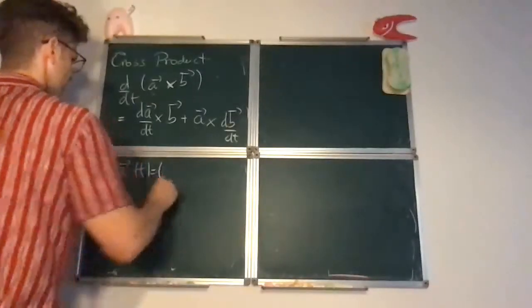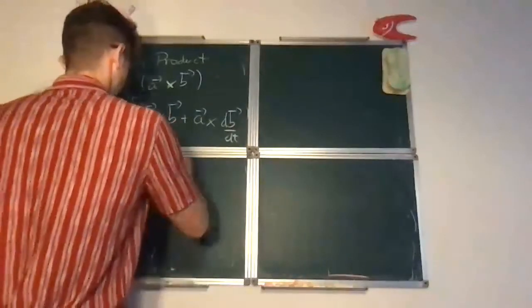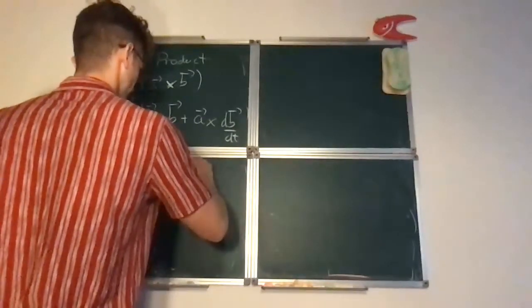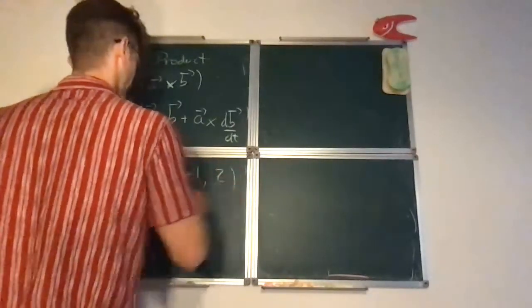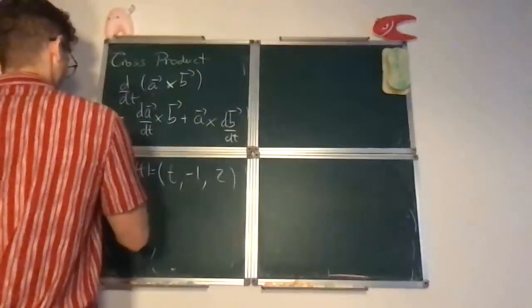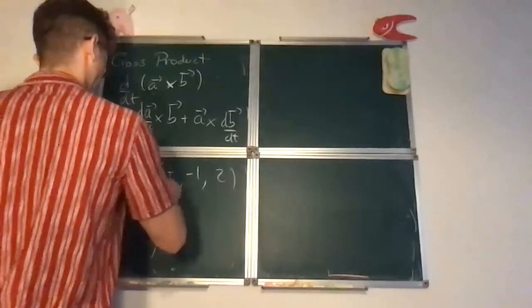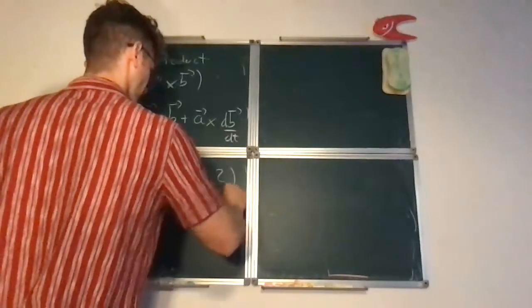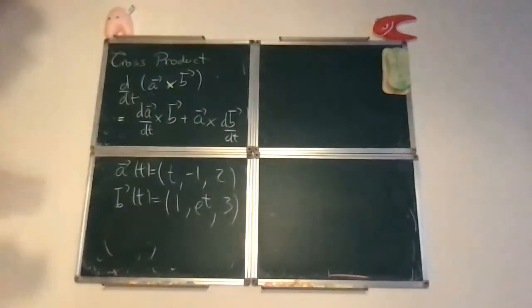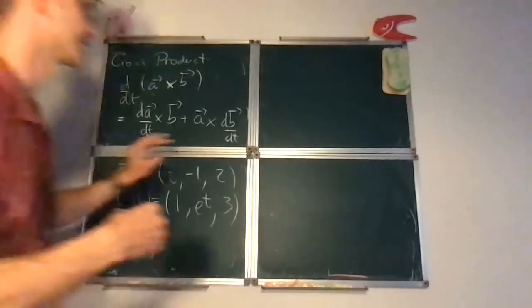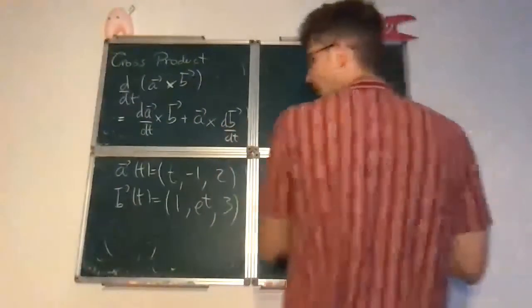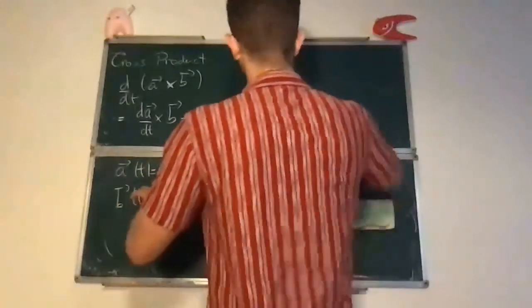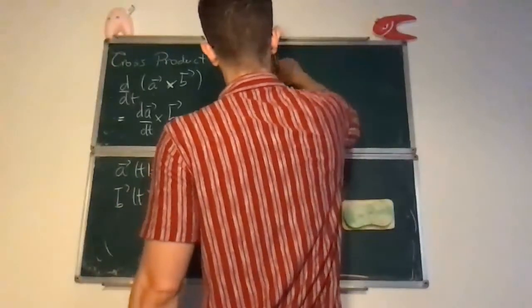And then, since I erased the formulas for A and B, let's do this example, which is a bit faster than the one I had intended before. So the derivative for the cross product of